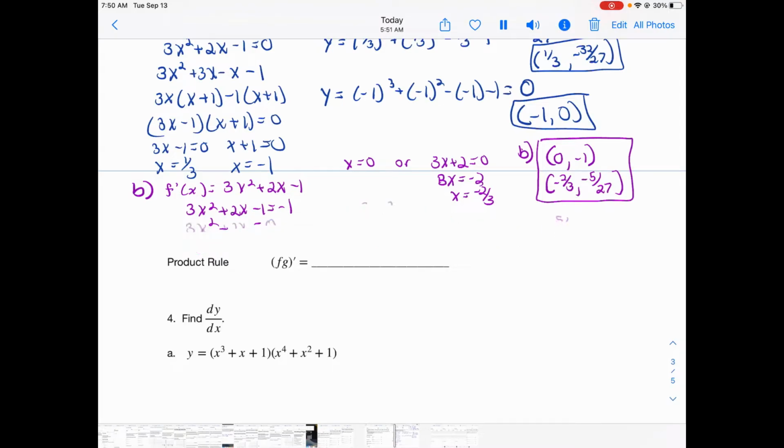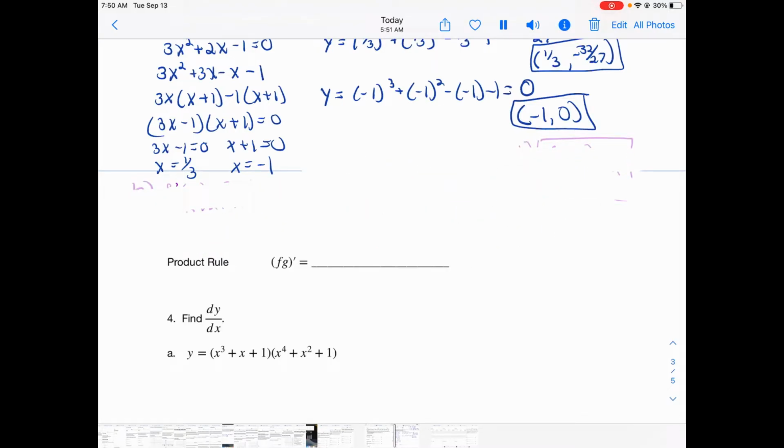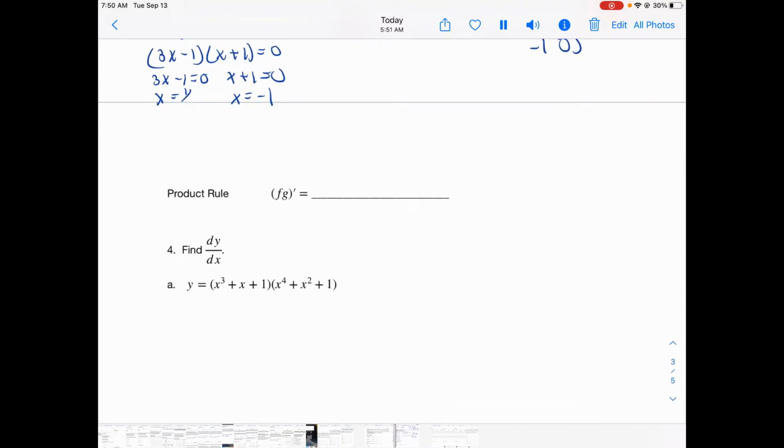Now let's talk about our next rule, which is called the product rule. We use the product rule when we need to multiply two functions together, and it's just a shortcut for that. So you take the first function times the derivative of the second, plus the second function times the derivative of the first. So here in example A, I'm going to take the derivative of y with respect to